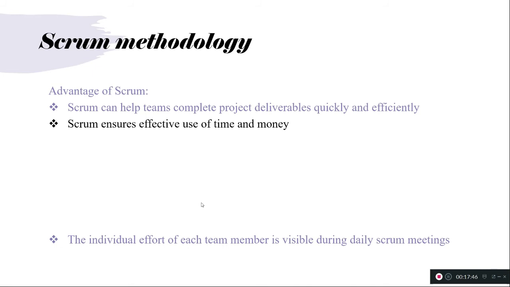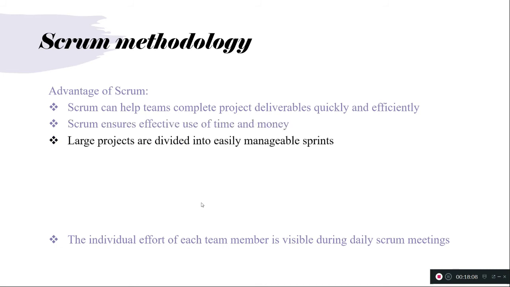For example, if you are developing a feature and at the end of the fourth week it has not turned out well, we can scrap that requirement and create a new requirement as per the client, and we can include it as part of the product backlog. So we can save a lot of money and time. When we think of a larger project at a larger scale, it is really difficult to imagine and develop, actually. So now we will break the larger project into small pieces which can be manageable in a sprint.